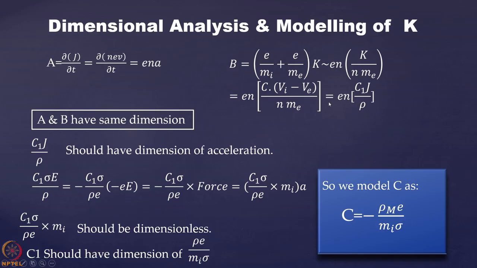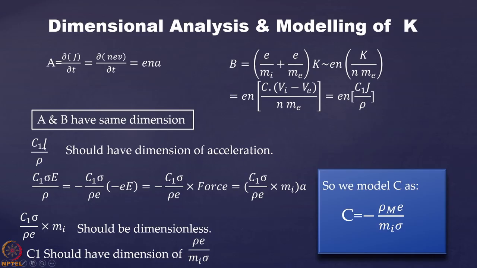So for dimension purposes, it will have a dimension of E multiplied by N, then J by sigma. We don't know what the value of C1 is so far. Now, you compare with this one. A is having E and N and A, and whatever dimension comes over there should be the same as En and C1 J by sigma. So if you compare En, here also En, then here A is the acceleration and here is C1 J by rho. So what you can conclude is that C1 J by rho should have the dimension of A, which is acceleration. So C1 J by sigma should have the dimension of acceleration.